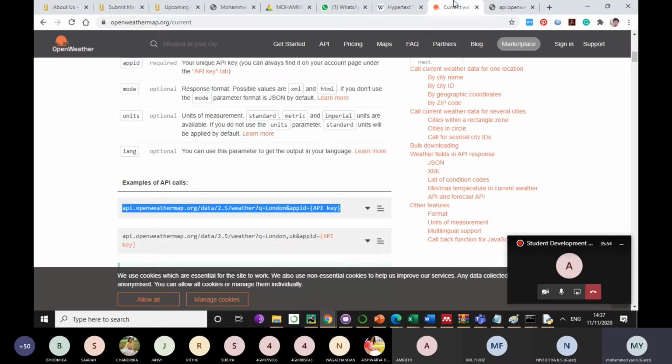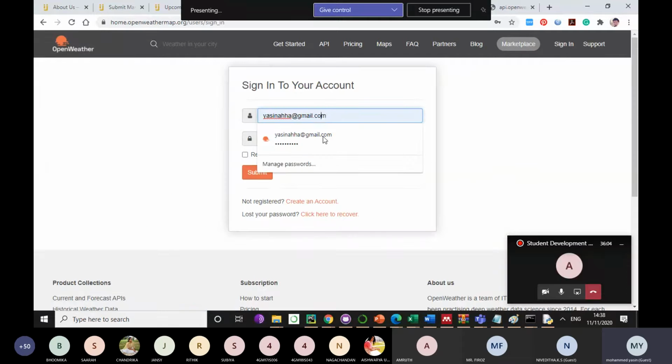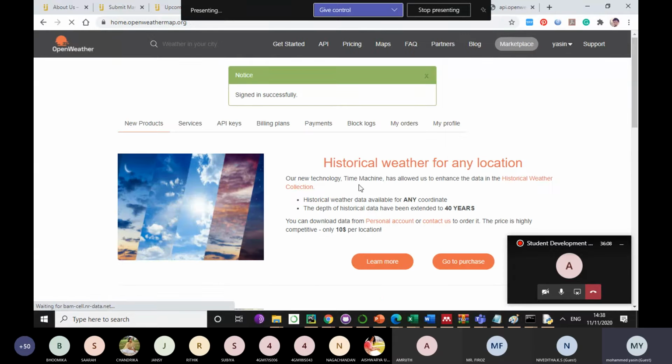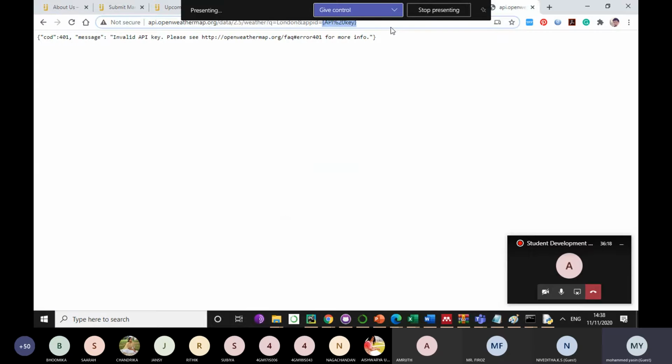Okay, so where will I get the API key? I have already created an account. These people want you to create an account and log in, so that for each and every person the API key is completely different. So I'll be logging into my account. When I log in, there is a part called API keys. If I go to API keys, I'll be able to see my API keys. So I'm copying my API key, and I'm going to paste it here.